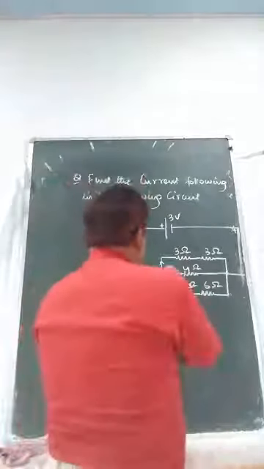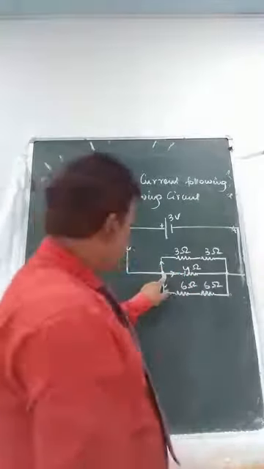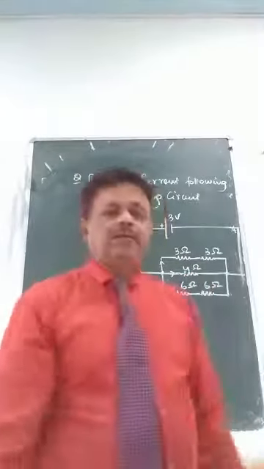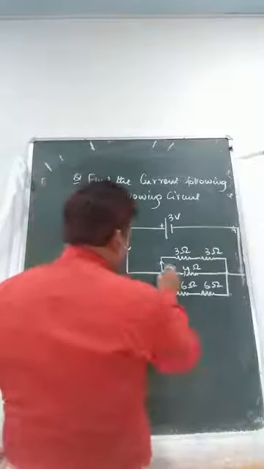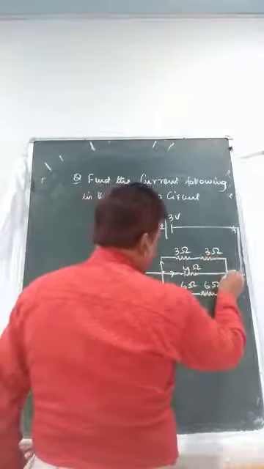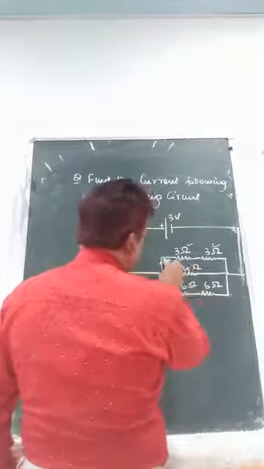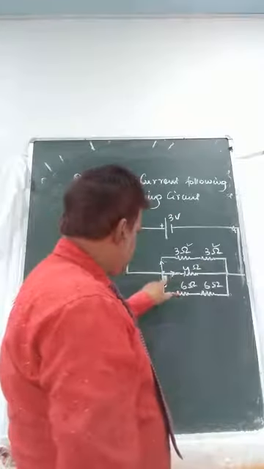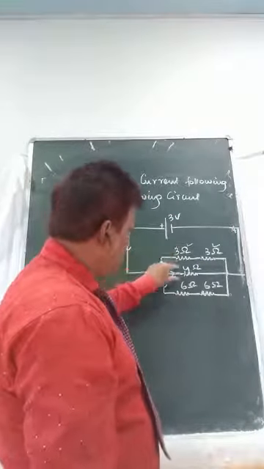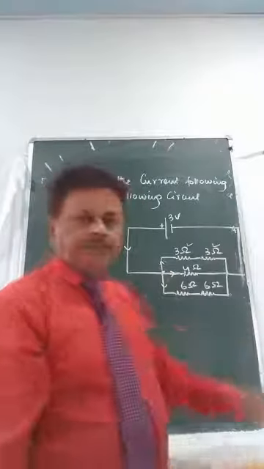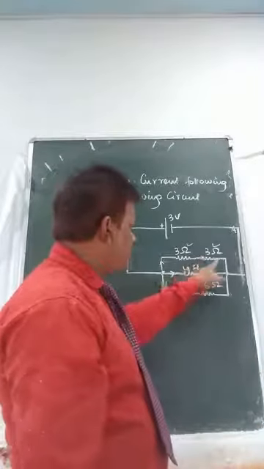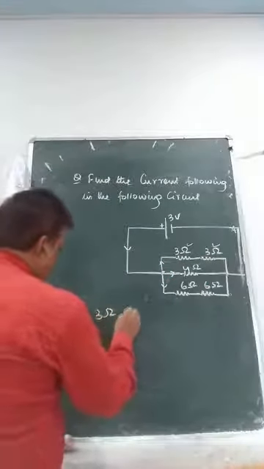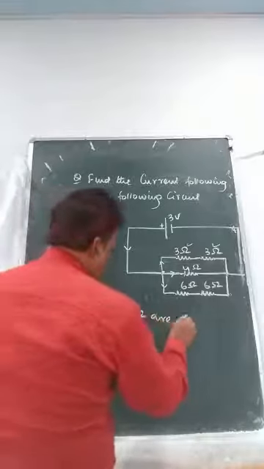If you look at this point, at the junction, this connection and this connection are in parallel. But when you start from here and go like this, these two are in series connection because this is one piece of wire. The junction starts here. These result in parallel, but when you go through this, these two are in series. So you write 3 ohm in series.